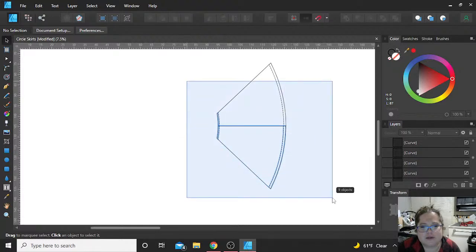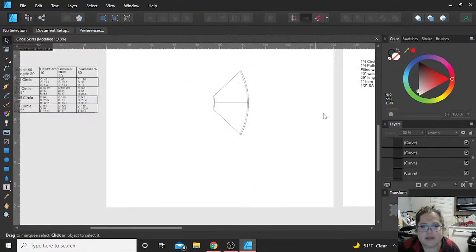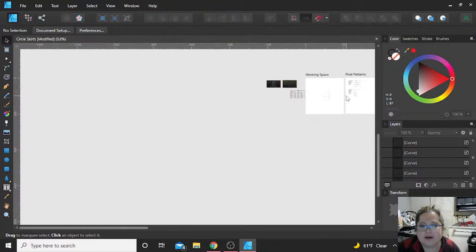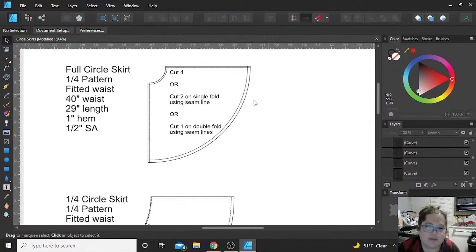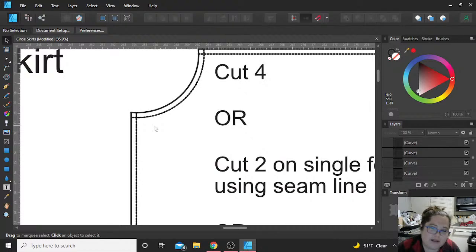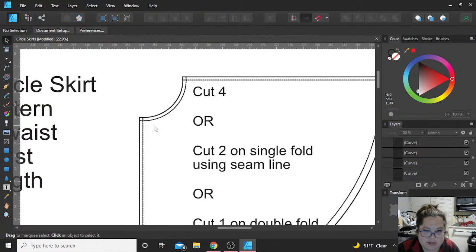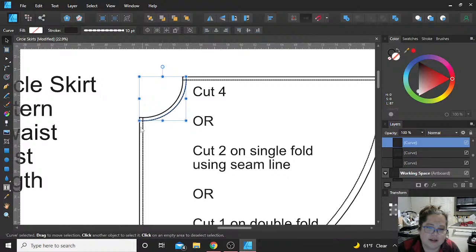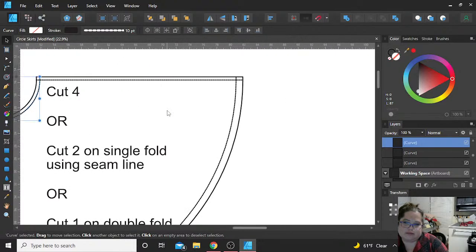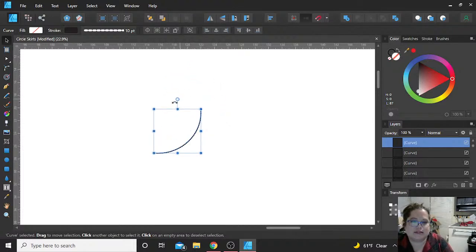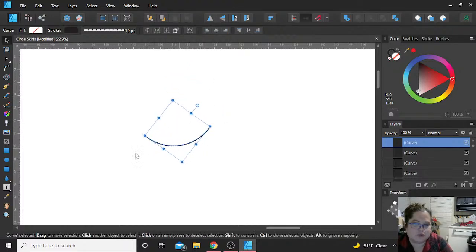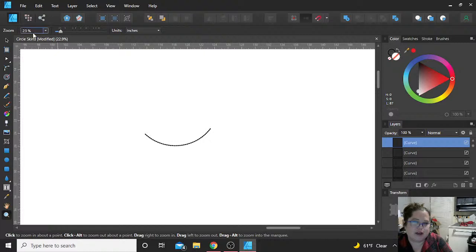And then I was realizing earlier, or last night when I was working on this, that now you need to measure that curved piece. But measuring a curve on Affinity Designer is kind of a pain. And literally the best way I figured out last night was to take the curve that you needed to measure, and remember it would be your seam line, not your cut line, and copy it and put it somewhere over here so that you could have it all by itself. Sometimes you need to kind of rotate it so it's working with the landscape width of your screen. And you go over to zoom and you make it 100%,